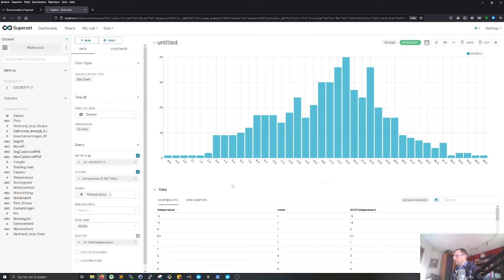Of course, it's not an XY scatter plot like this, but okay, it's looking pretty nice so far. But I have some temperatures at minus Celsius, so below 0, and I'm pretty sure I don't ride my bike at below 0. But I think this has to do with the